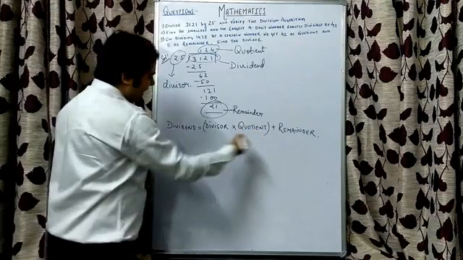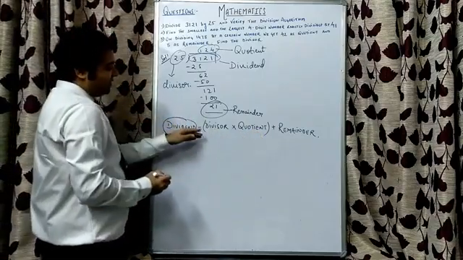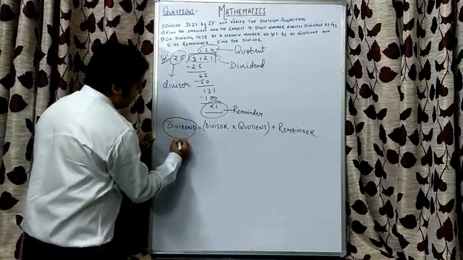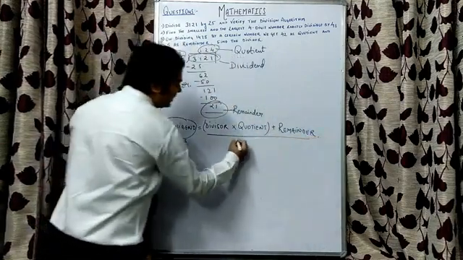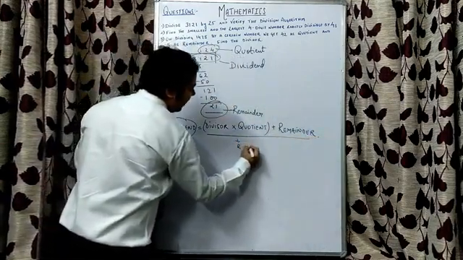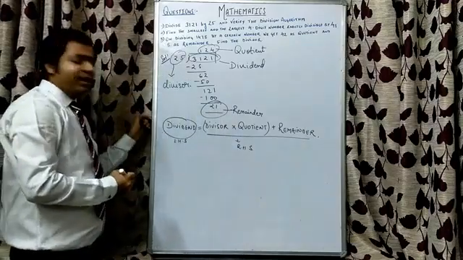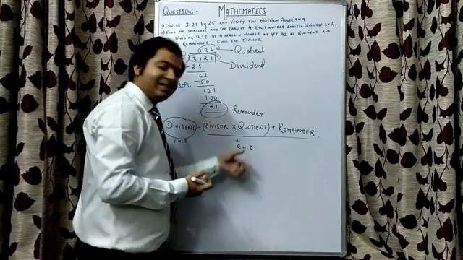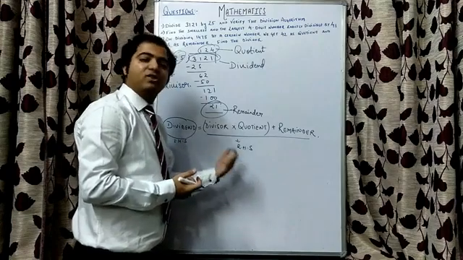This equation has got two parts. This is the left hand side. Whichever comes on the left side of the equal to, that is our left hand side part. And whichever comes on the right hand side of the equal to, that is our right hand side part. Right? So we will solve the left hand side part separately and the right hand side part separately. And if the answers are the same, we will say that hence verified, it's correct, otherwise it's wrong.